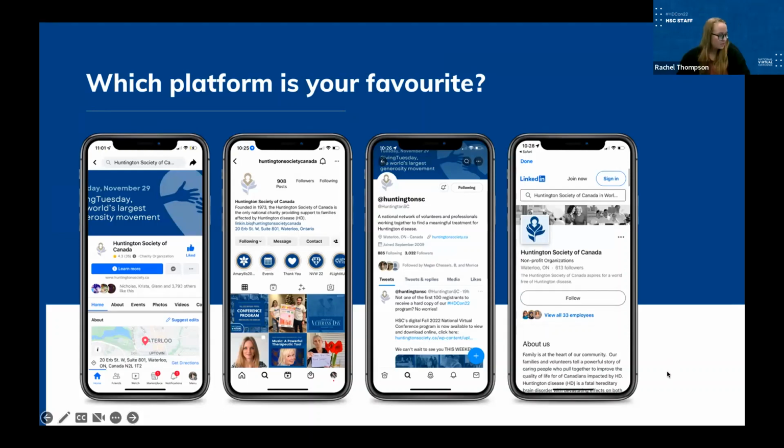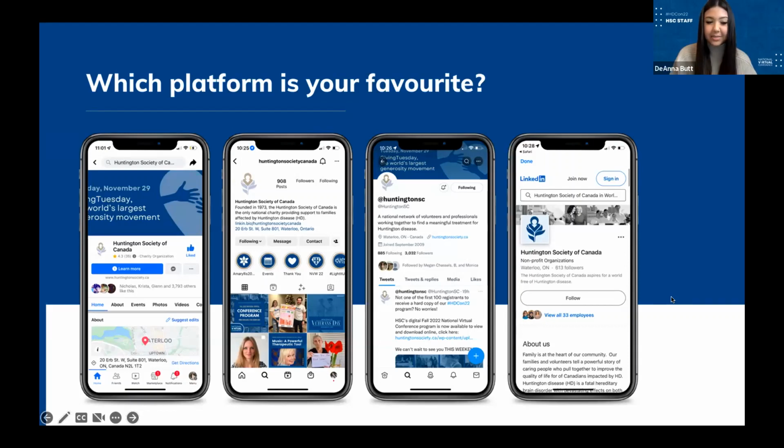Yeah, Jamie in the chat is saying that he used to use all of them, but now only Facebook. I'm not sure, Jamie, if you want to come on and say why you're switching primarily to Facebook, or if you just want to reply in the chat. But we've got another chat note that says Facebook. So it seems like Facebook is maybe one of the most popular, and I don't think I'm surprised by that. Deanna would probably know more, but I see a lot of good HSC social media posts perform really well on Facebook. So that does not surprise me.